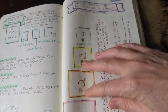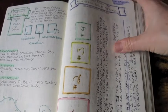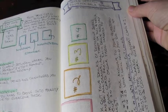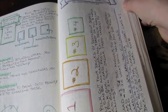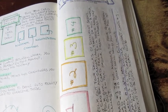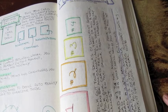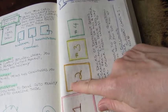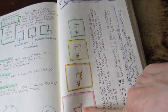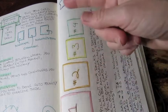This is a spread that I made up, and I'd like to do a video on it at some point. It's called the Sizes spread, because I have decks of multiple sizes, and I like to also mix in oracle as well as tarot. So you pick your biggest deck, your second biggest deck, and down. Card number 1 is the answer to the question. 2 will help you answer the question,